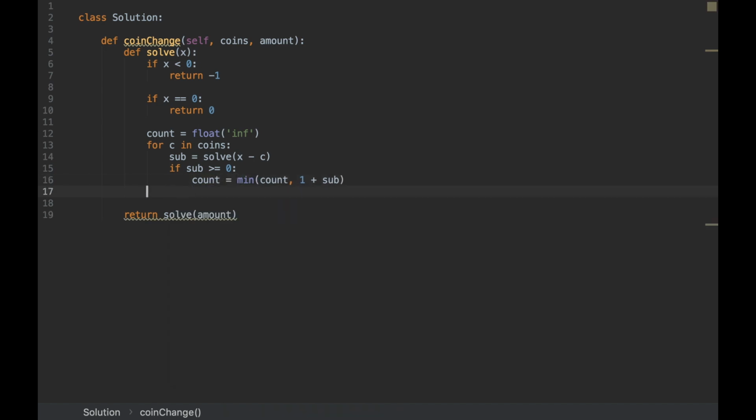And after we are done, well, we take count, but maybe there is a problem, like we didn't find any value that will give us a valid solution. And so at that point, we'll still have float infinity, right? So to prevent that, we can just say if count is, of course, different than this, then that means we have a solution and return it. Otherwise, just return the thing that represents no solution for us, which is -1. And that's pretty much all there is to this